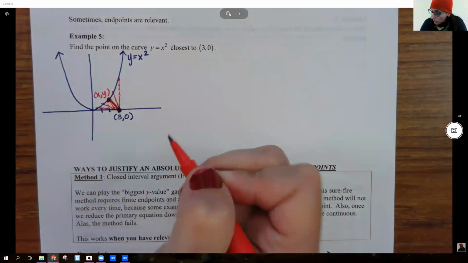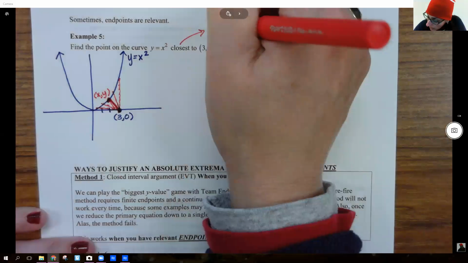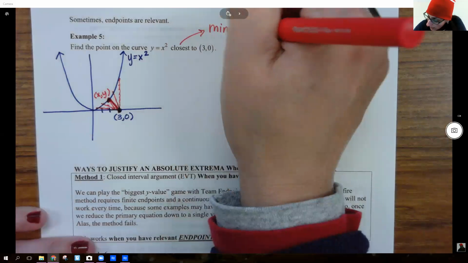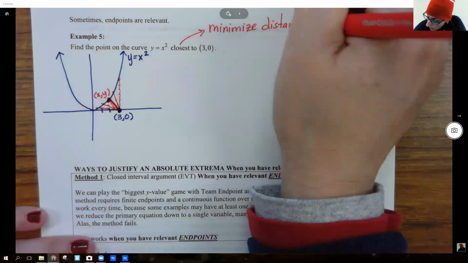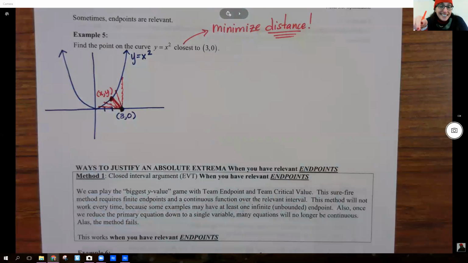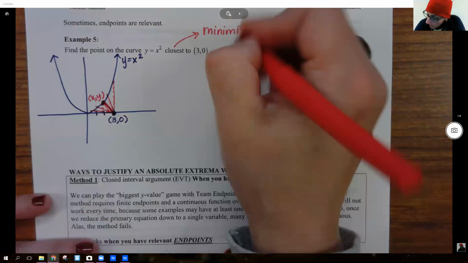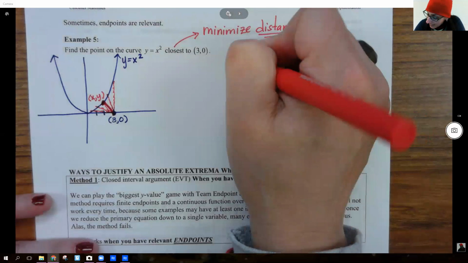Yeah, distance, right. So we are trying to minimize distance. Which means we need a distance formula to take the derivative of, okay? And this is where it goes back to your old geometry class. So distance formula, D equals,